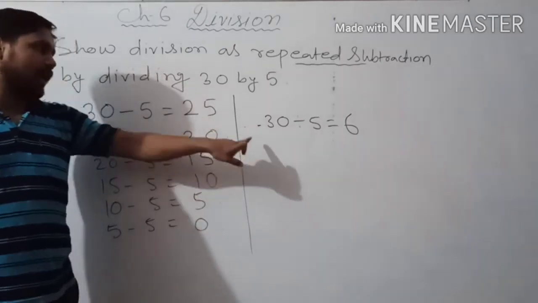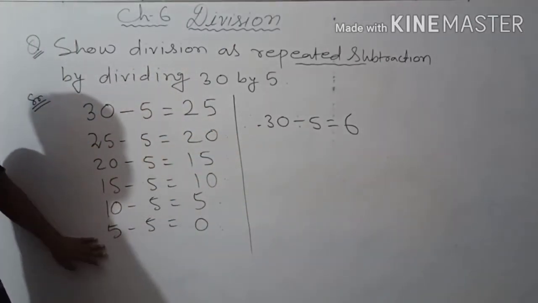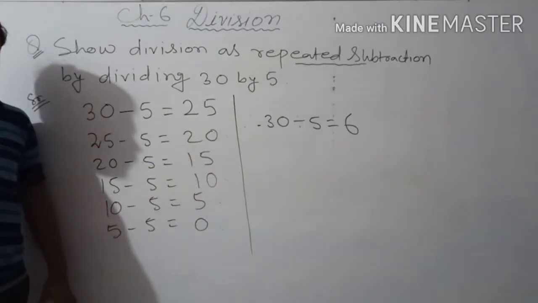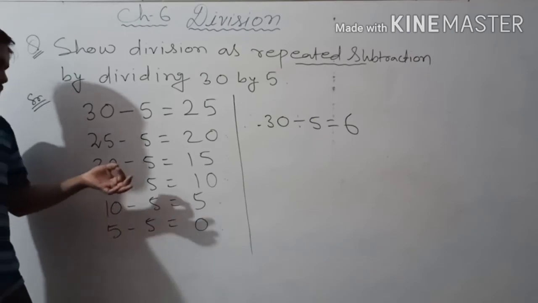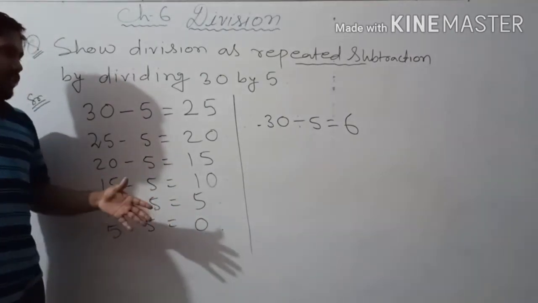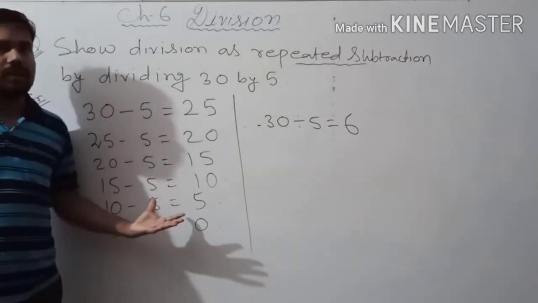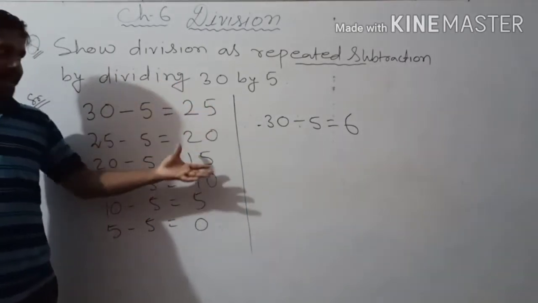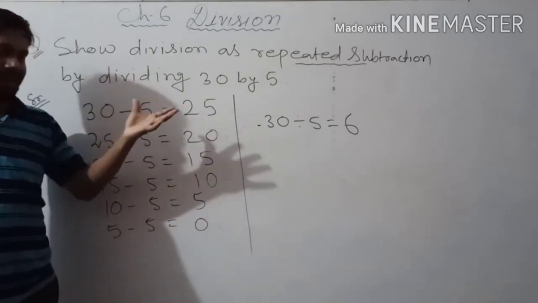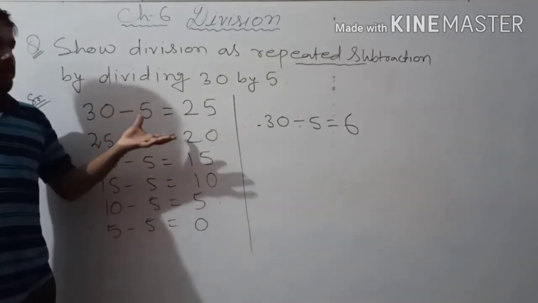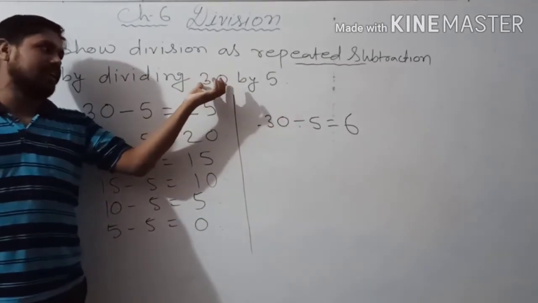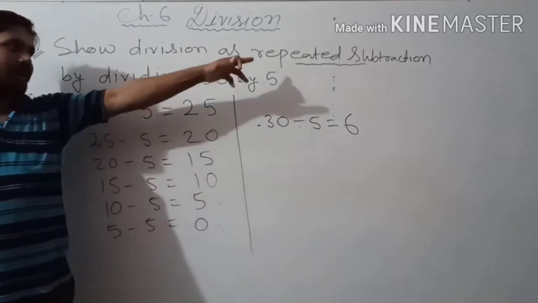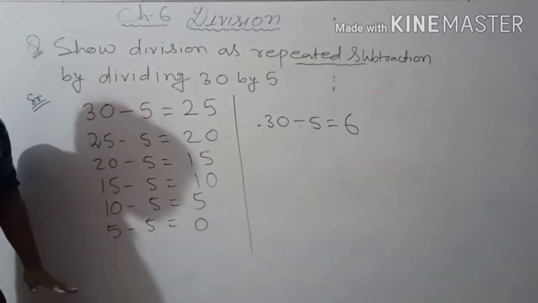So that is how you can show any given division by repeated subtraction. You just have to subtract repeatedly. Okay, this is the initial step, for understanding. So every time for division you need not do it like this. This is for your understanding of what division actually is. If it does not mention that and just asks to divide 30 by 5, you can divide using whatever process you use. But if it asks for repeated subtraction, then you have to follow this process. Okay.